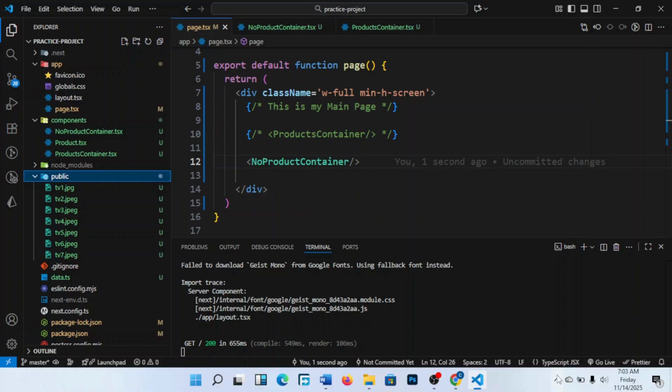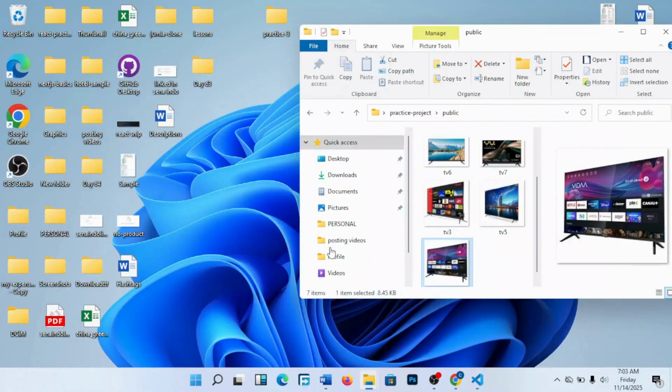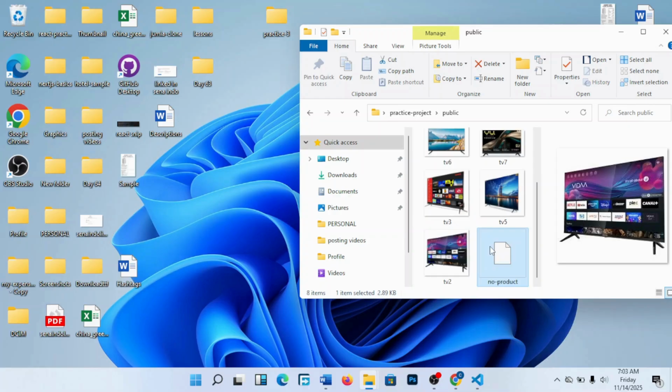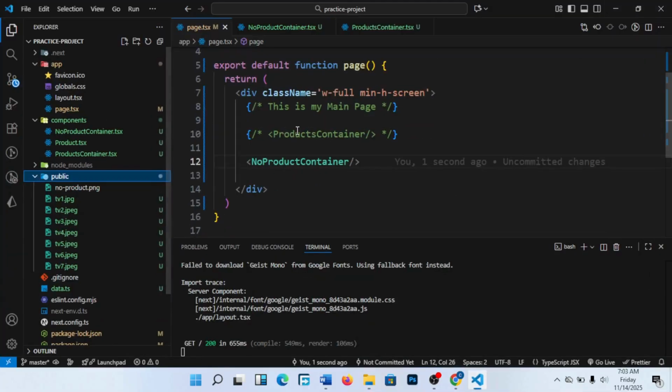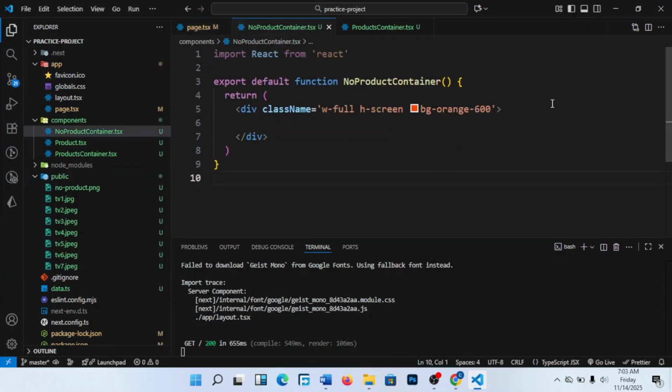So members, as you can see, I'm going to bring it inside my public folder. I wonder now, where is it? It is here. I bring it inside my public folder. Okay, so I'm going to start it very well, and I say here, width. I can maybe put here